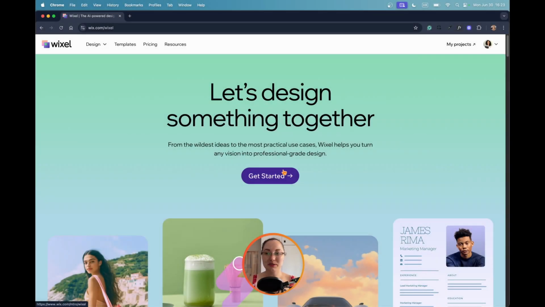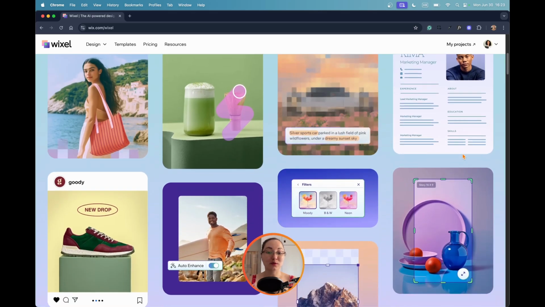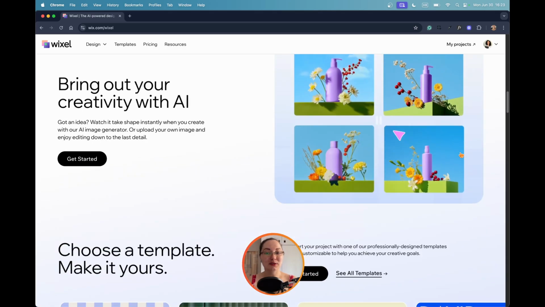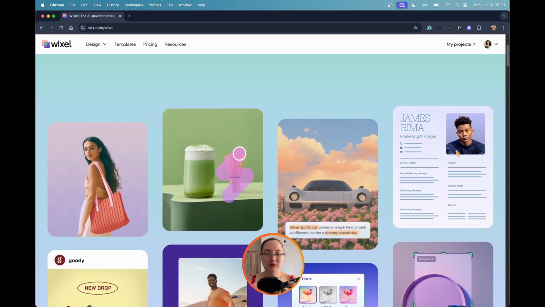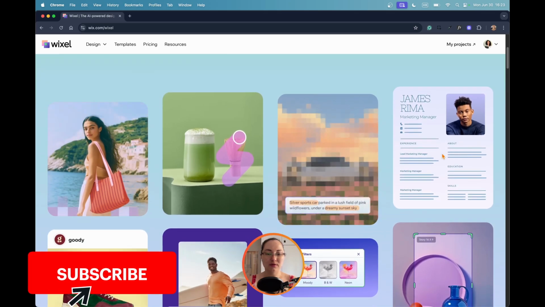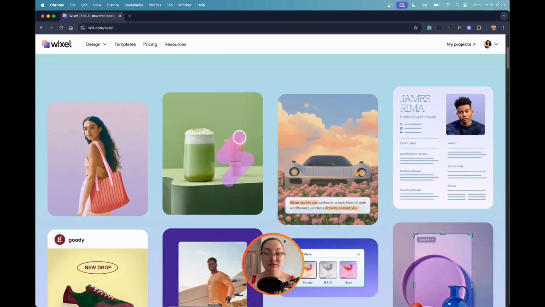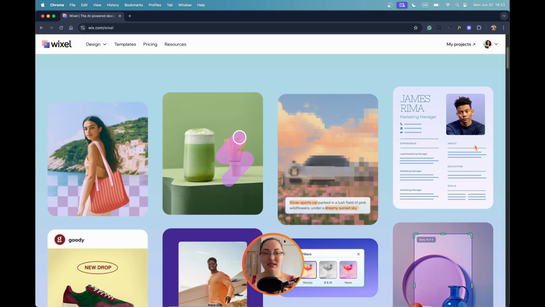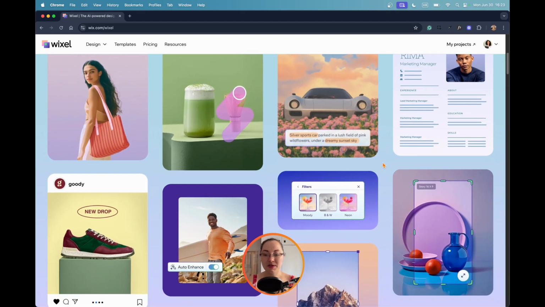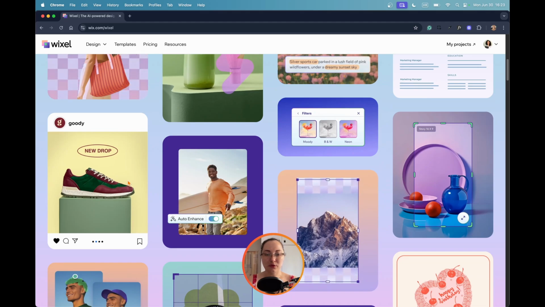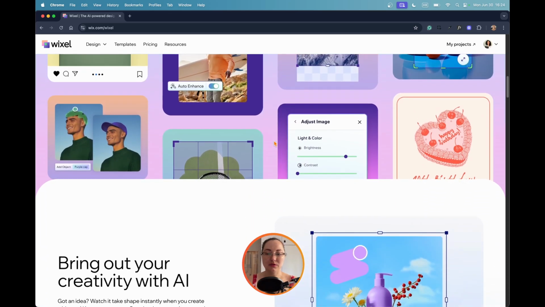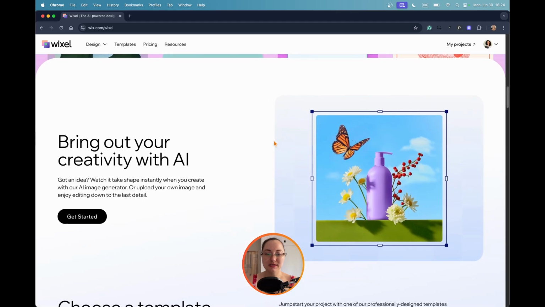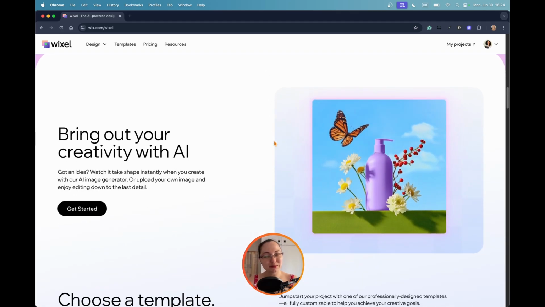Today's video we're going to explore Wixel, or as I see it, the Adobe Express of Wix or the Canva of Wix. This tool seems to be doing everything. It removes backgrounds, removes objects, inserts objects into different scenes, can create resumes, templates, and social media posts like for Instagram and other vertical media. It seems like it has lots of different capabilities, and I'm excited to explore and see what it's actually